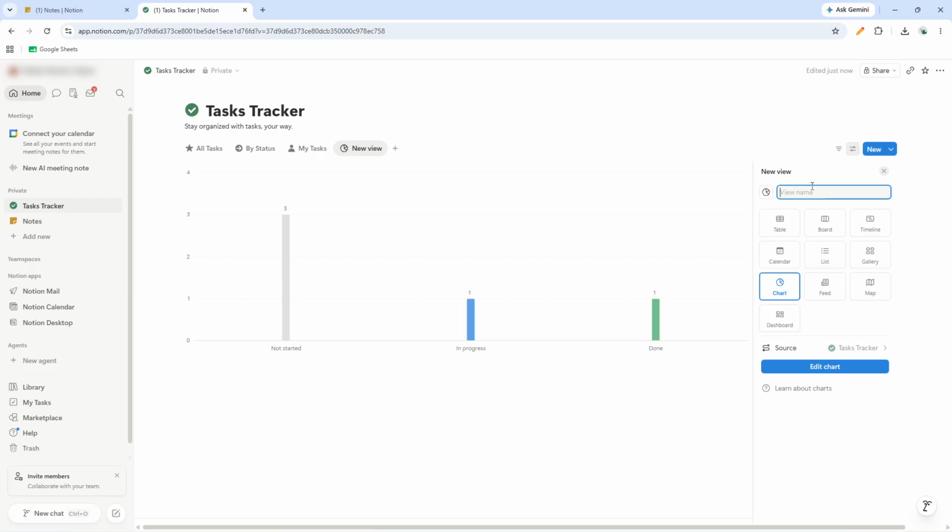Next, type a name into the View Name field. Choose something clear and descriptive so you can recognize it later, especially if your database has multiple views. A simple name related to the purpose of the chart usually works best. After that, select Chart from the list of available view types. This tells Notion that you want to turn your database data into a visual format instead of a table, board,